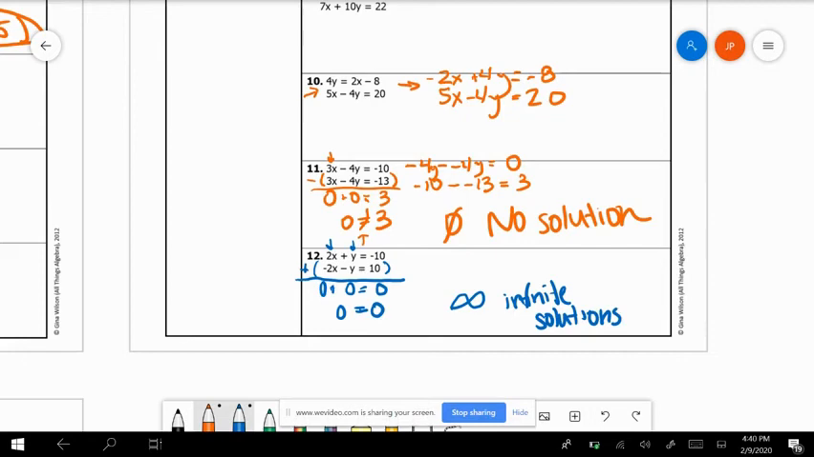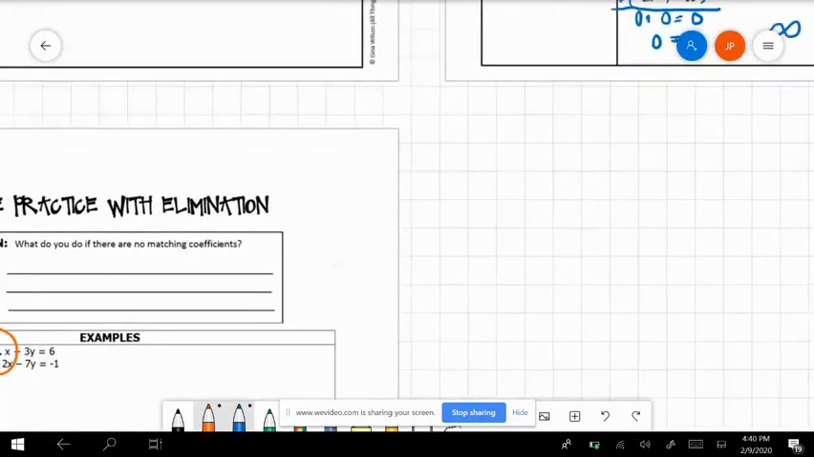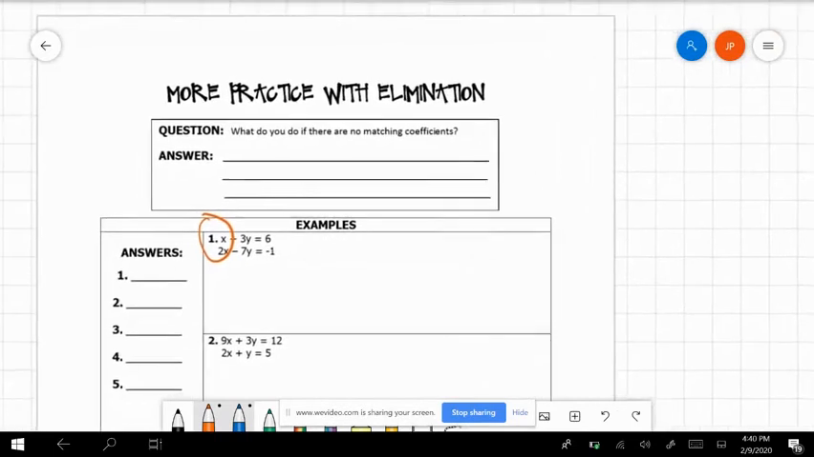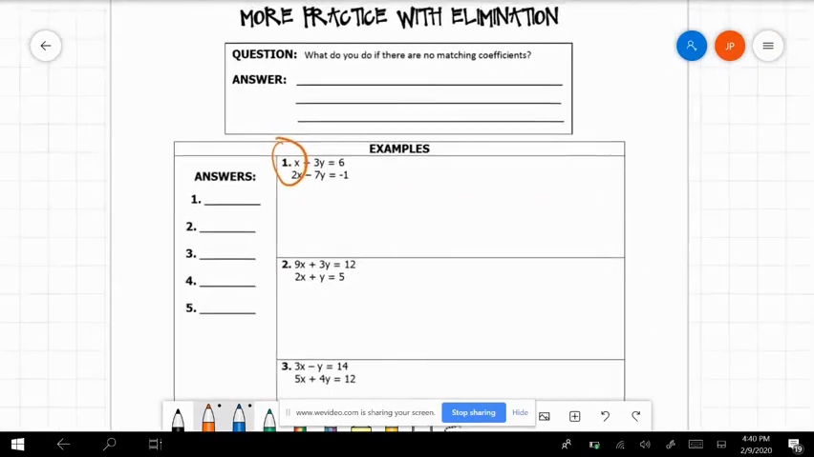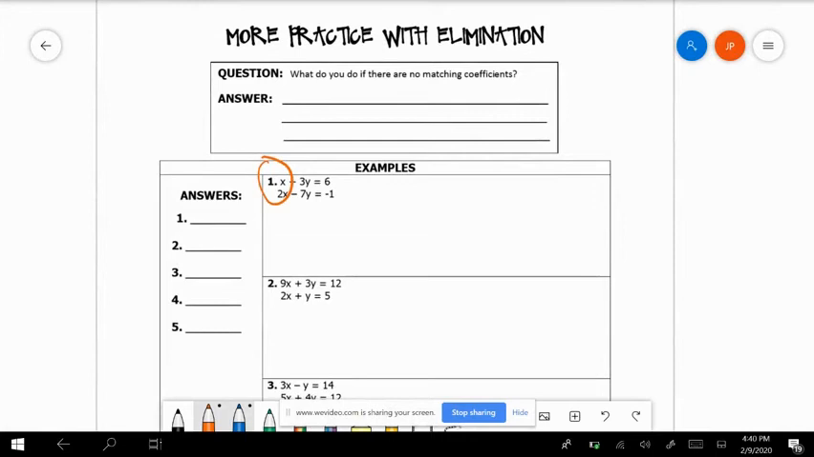Okay, so let's look at one more thing. This third page of notes asks you a question at the top: what do you do if there's no matching coefficient? What we've been doing so far is operations between these two equations, subtracting them from each other, adding them to each other. I can also multiply either of these by any number that I want to change what they look like. So my answer for this is I'm going to multiply